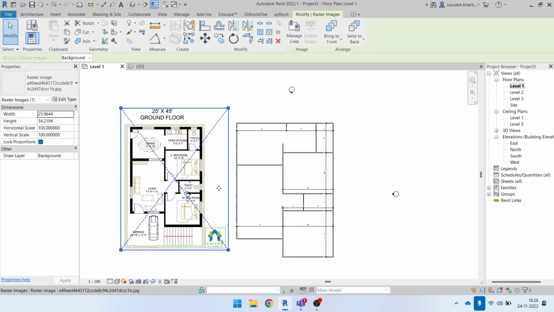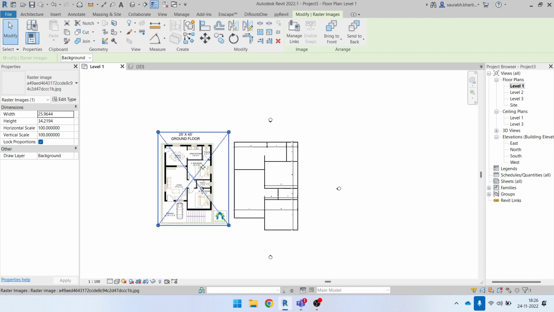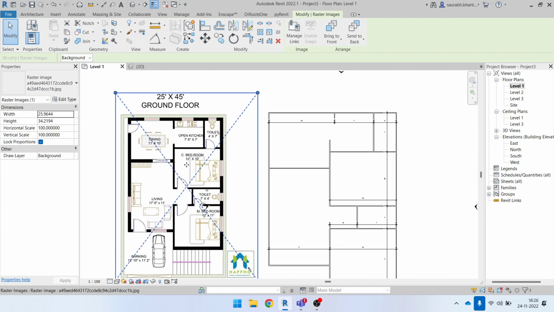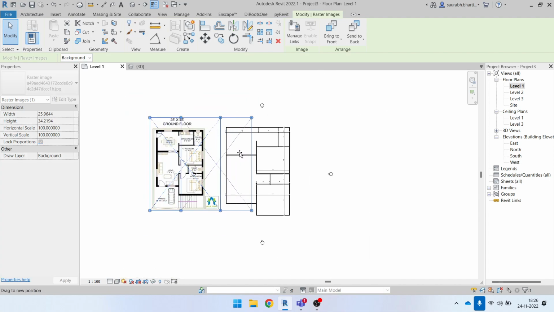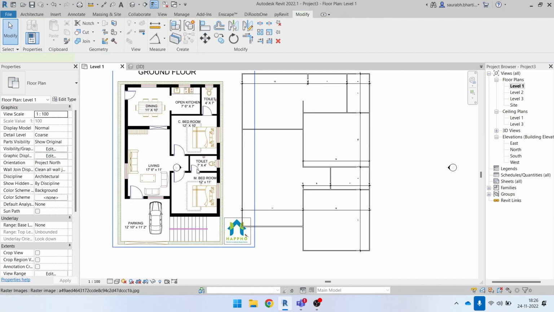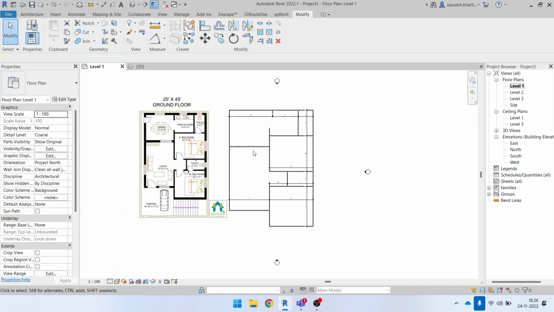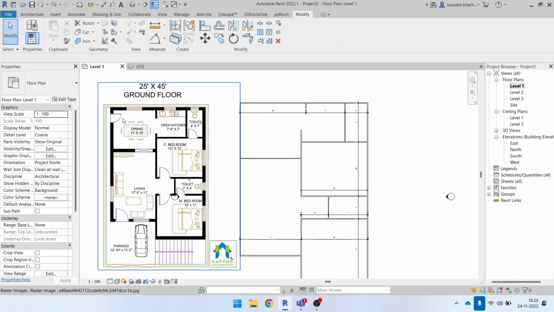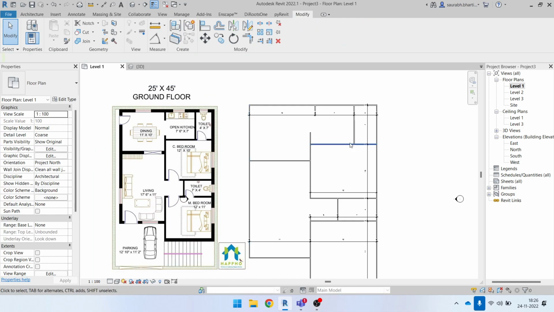Then we will add door and window, so we will work on it a little bit later, and we will draw a better plan. Okay. So for now it's all right. Like you can just